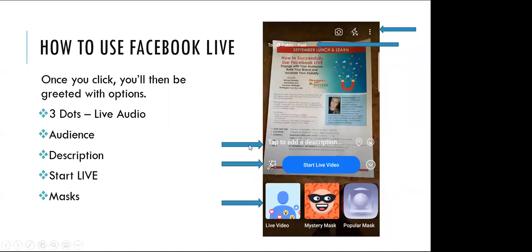Over here, you've got add a description, and you always want to add a description on your Facebook Lives, because that lets the audience know, not just now when you go live, but later also for your replays, what you went live about. So that's super important. You also want to pay attention to this right here. If you want to practice, instead of making this public, there is an option that says only me, and you can start your live with the only me option.